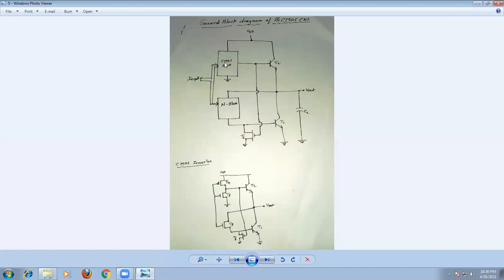Just remember, don't confuse this. CMOS technology basically consists of 2 blocks, the P block and the N block. Whatever logic we use in the N block, the same block we use again here, with the same connections and the same number of transistors. The remaining part is the same for all cases. Remaining means this transistor, this transistor and this transistor are common for all logic.